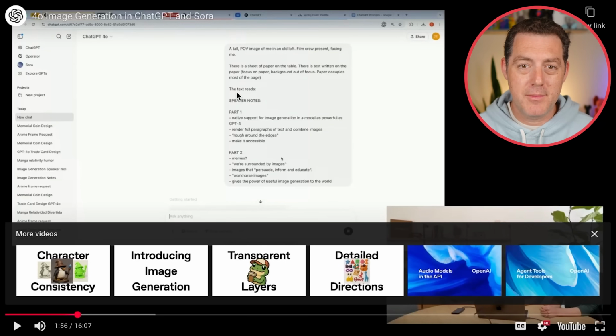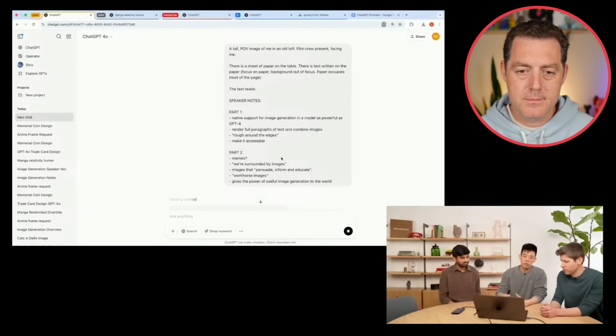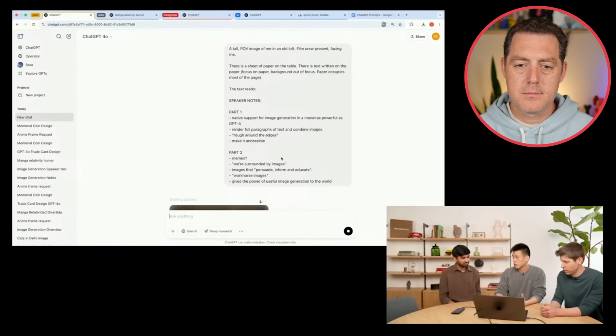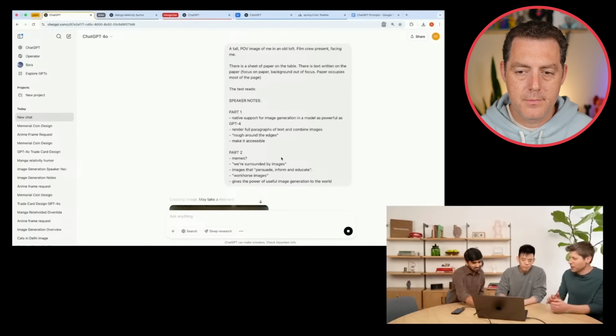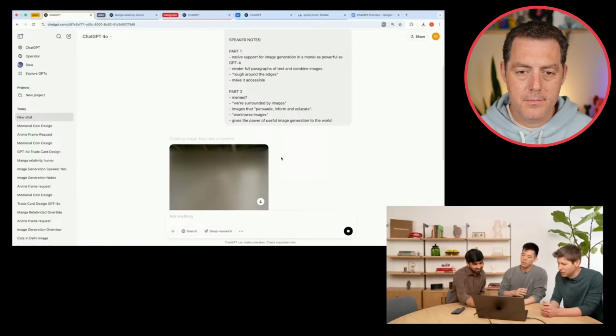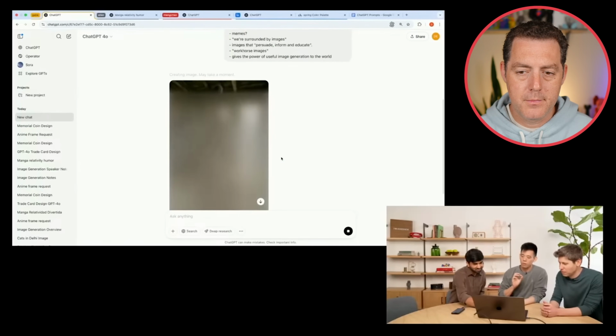So let's keep watching. We saw that the model could render paragraphs of text, for example, or it could combine images in really very interesting and novel ways. And I think we spent a lot of time just playing with this model, and I felt that sense of joy and excitement I haven't felt for a very long time, maybe even since GPT-2. I haven't either. This was one of those really wow moments. It was a wow moment, but that model was still a bit rough around the edges.